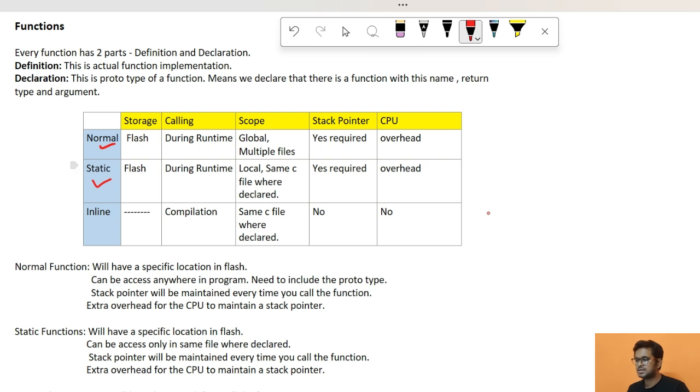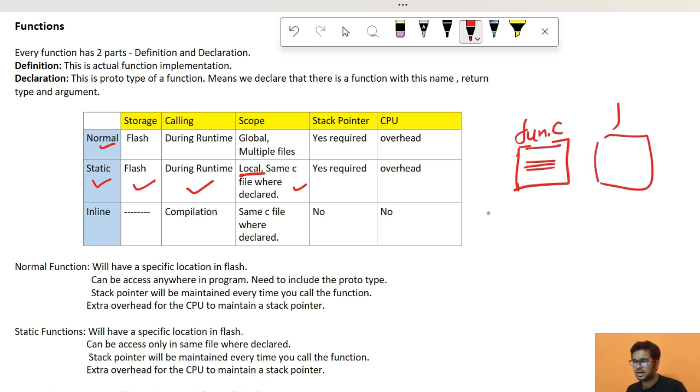Okay, now let's look into the static function. So what is static? The static actually is a normal function, we just use the keyword static in front of it. So it limits the scope of the function, and all the rest remains the same. It is also created in Flash, called during the runtime, but it becomes local in nature. Means if we write a function in